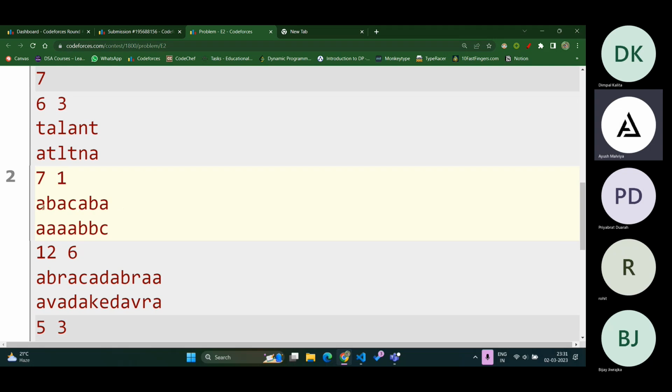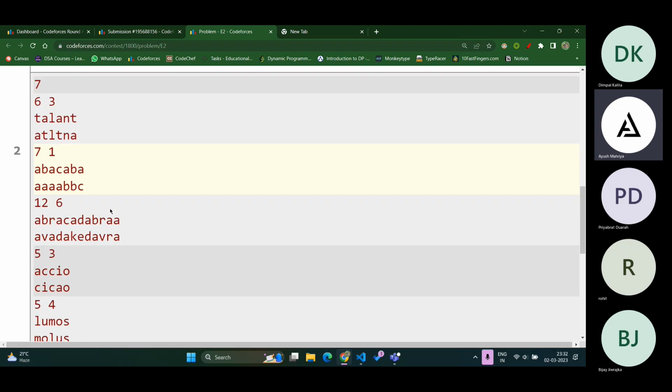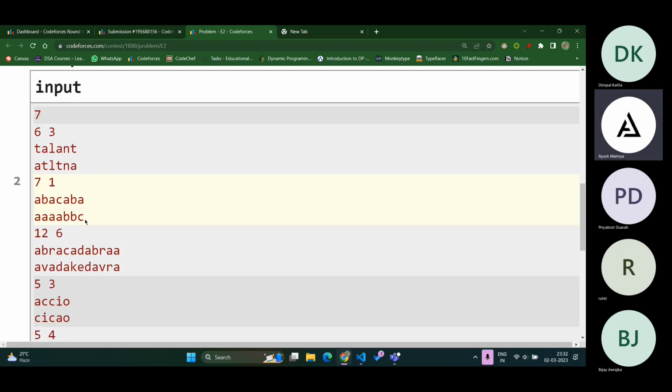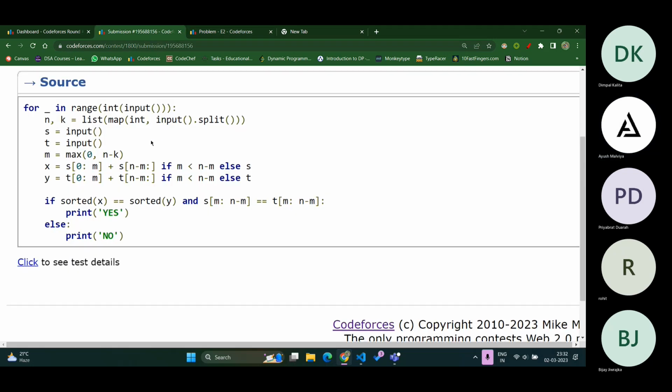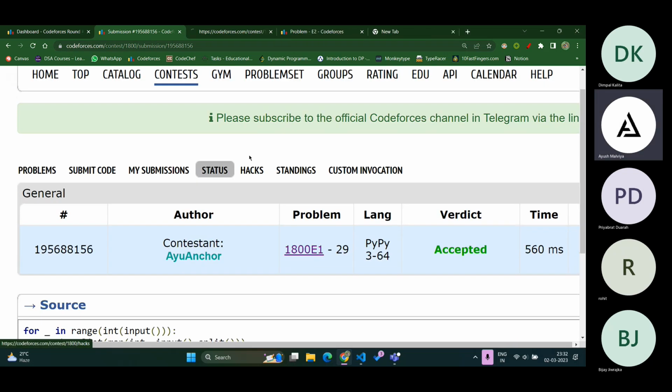So I can place it till here or anywhere like 7 minus 1, 6, or in all of these positions. So basically I can interchange all the elements if the count of all the alphabets is equal in both the strings. If I move to E1,